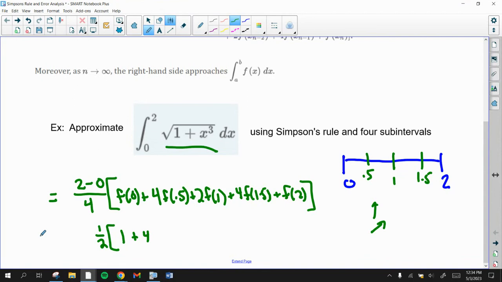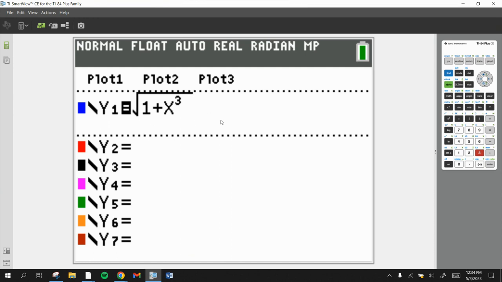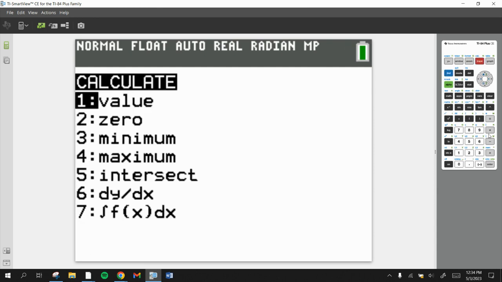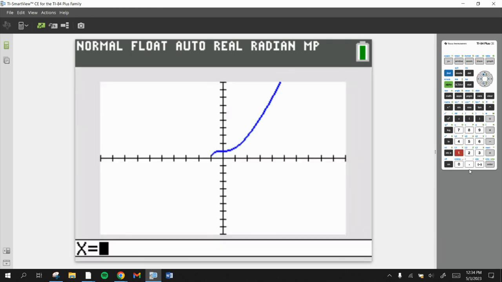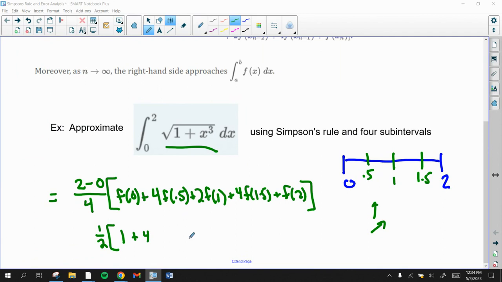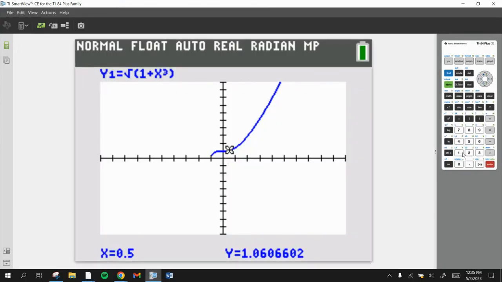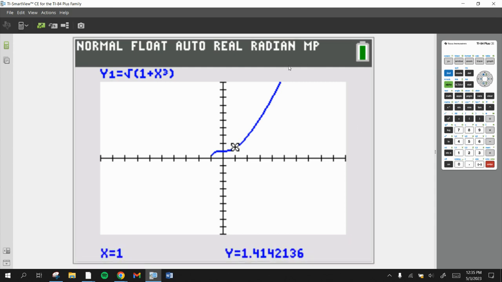I have my calculator set up for you, so I'm just going to make it quick. I plugged the square root of 1 plus x cubed in there. I'm just going to hit second calc, value at 0.5, and that will give me that answer. So 1.0607. And then plus 2 times f of 1, which is the square root of 1 plus 1, or the square root of 2, which is about 1.14. But let's just plug in 1.4142,